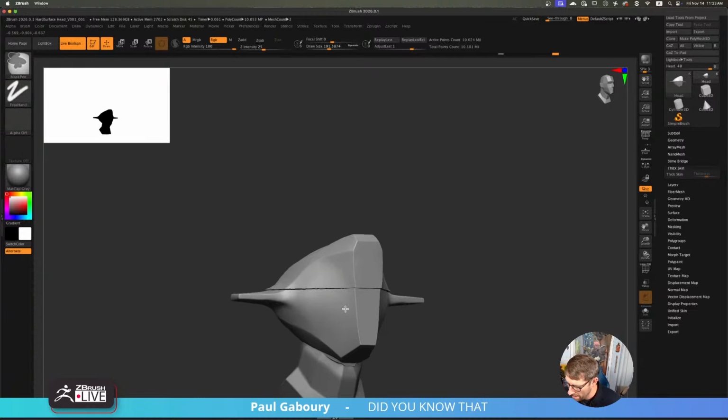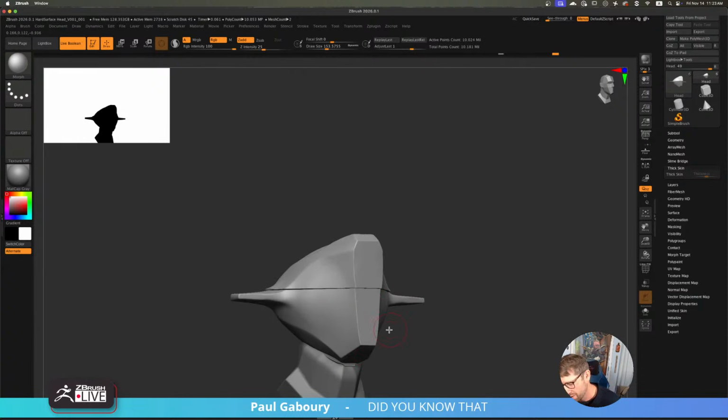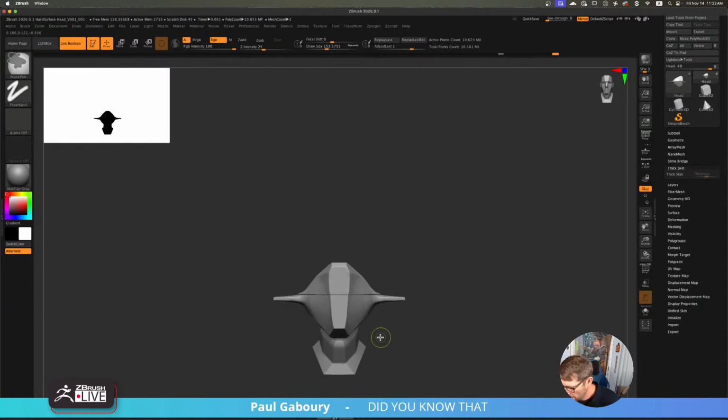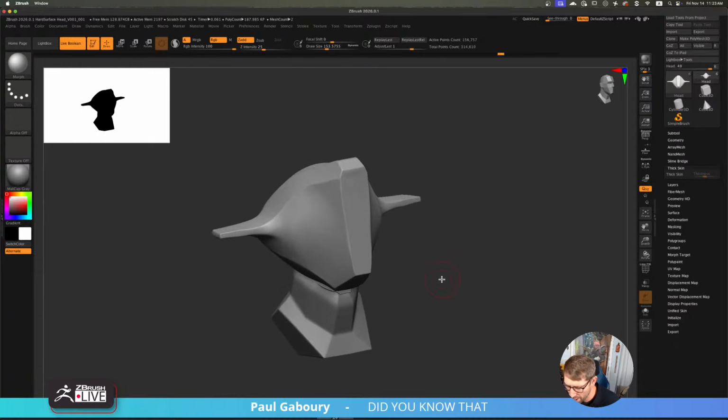Okay, and then now this. And then see, I can actually even erase it if I want to, or do a more controlled erase right now, right? Something like this, right? And then if the polygon count does not change, you can actually use the morph target as well. So I definitely don't like this. It was just kind of showing it to you, okay? So there's your thick skin.